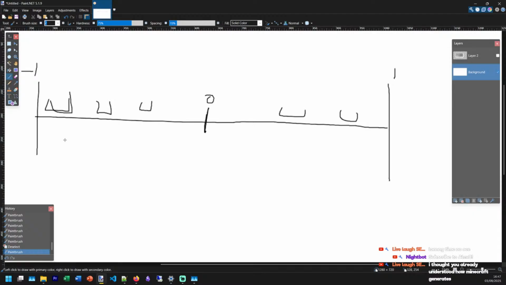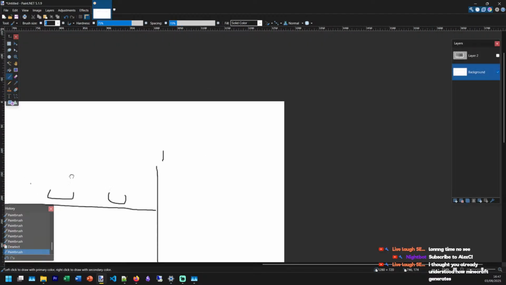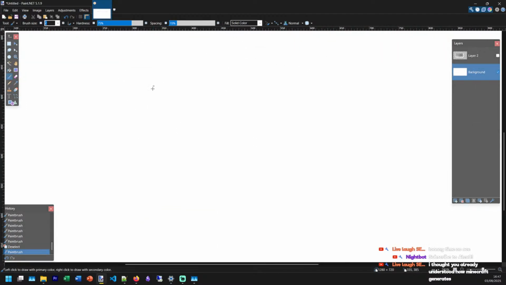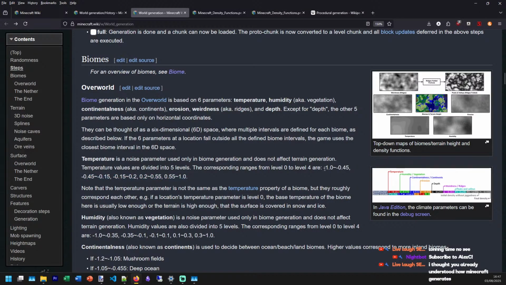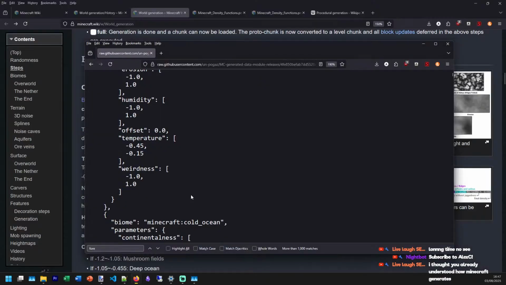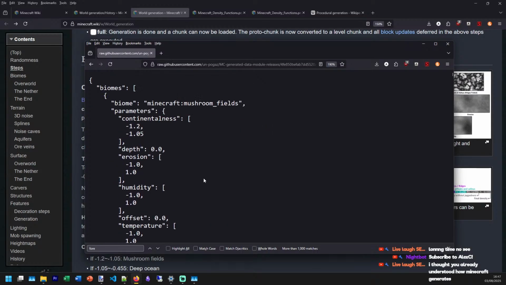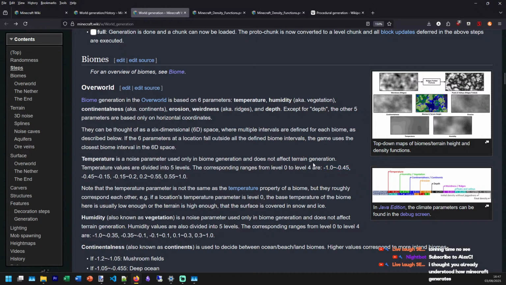So what I think we need to do is a bit of an if-else kind of thing. So let's say if continentalness is greater than, let's say, negative 1.2.